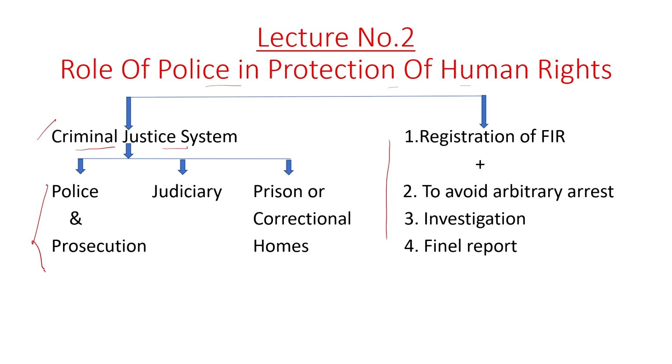The second important component of the criminal justice system is the judiciary, and the third important component is prison or correctional homes. So, these are the important components of the criminal justice system. Whenever the criminal justice system is mentioned, you must understand that the person who